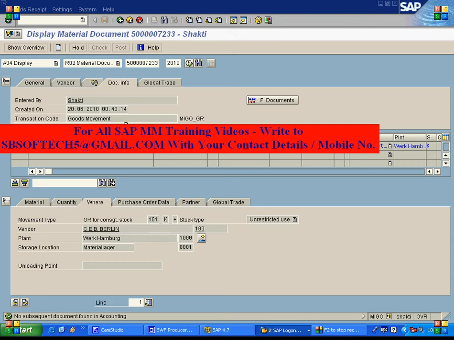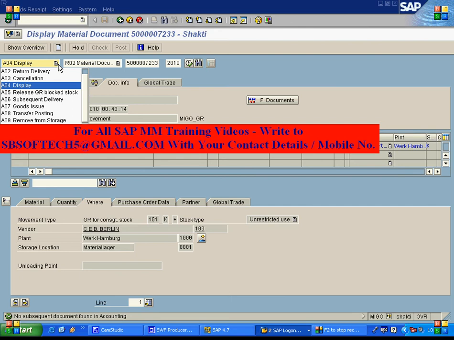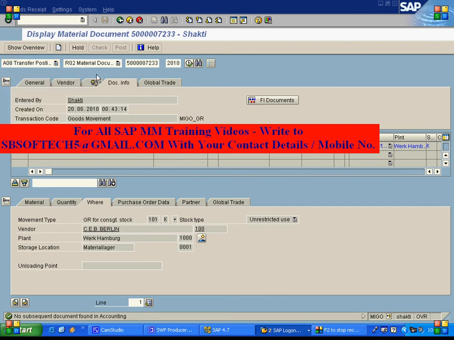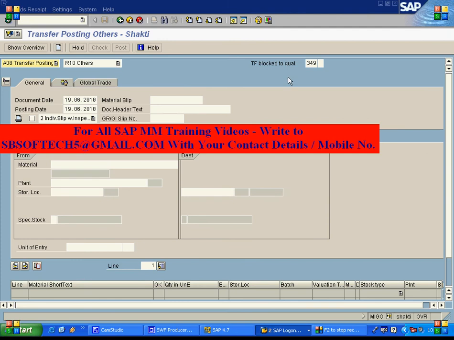Okay, now when you need this material, then what we do is we do the transfer posting from consignment stock to our own stock. That movement type is 411, special stock type is K. So I will do that. Now I am in MIGO only, so I'll say transfer posting, and here you will say others.